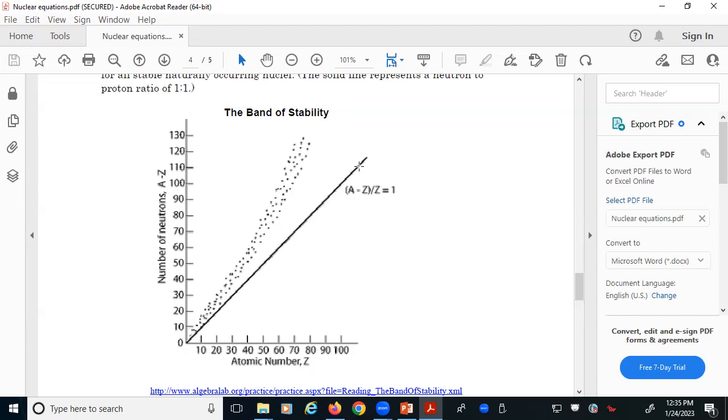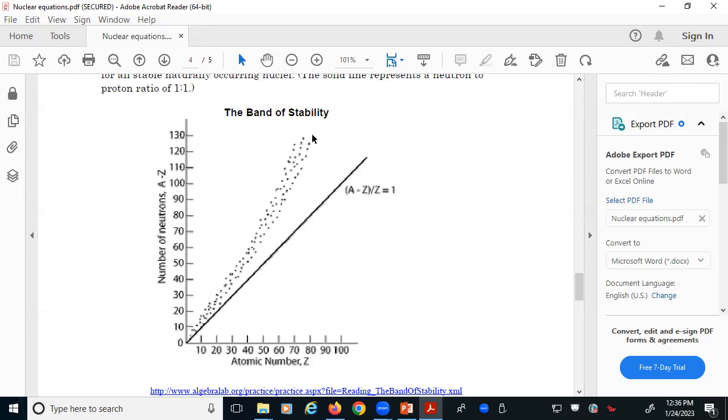So where do we find equal numbers of protons and neutrons? What we can see is that, up through element number 20, this band of stability stays pretty close to this black line. But around 20, you can see that it definitely starts to curve upwards. And what we will find, if we look at this further, is that the last known stable isotope is bismuth,